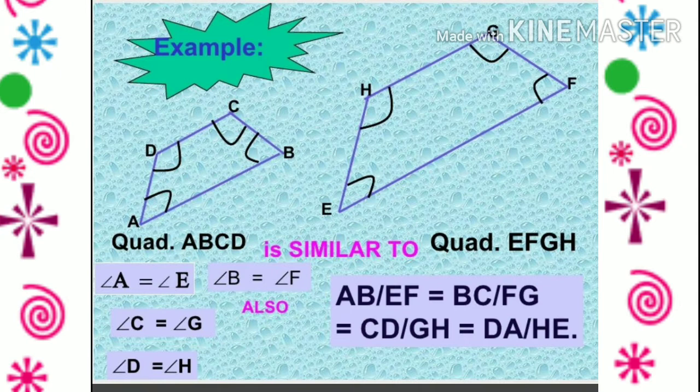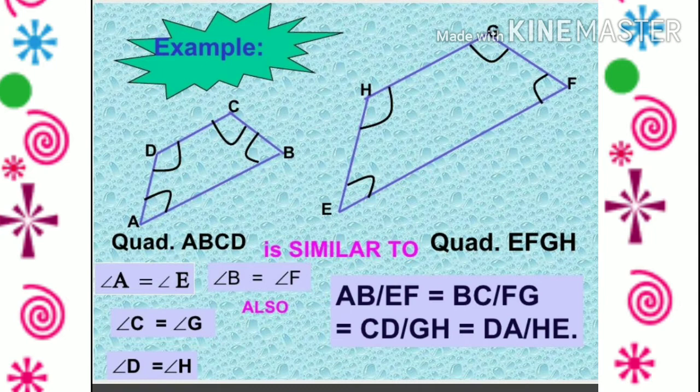Next, what we have to prove to say it is similar is that the lengths of their corresponding sides are proportional, need not be equal. In congruence, we have to prove that the sides are also equal. But in similarity, we have to prove that the lengths of their corresponding sides are proportional. That is the difference between similarity and congruence.